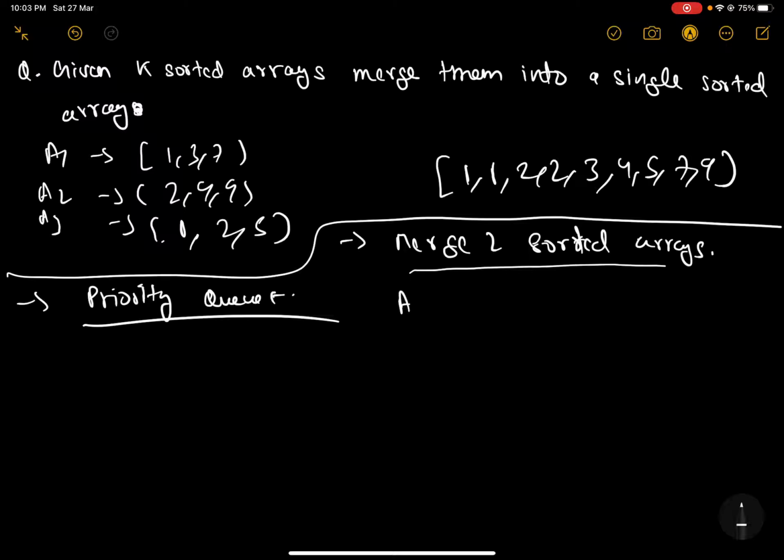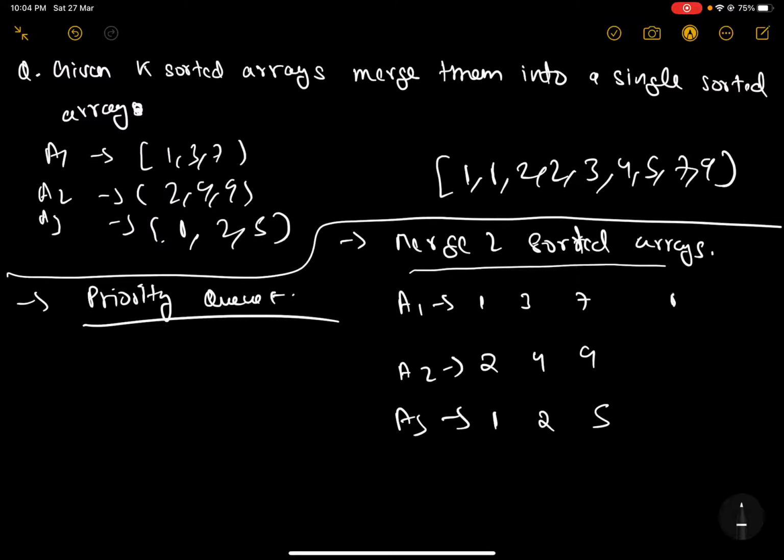So let's just move on with the algorithm. Let's write down the arrays. So a1 is 1 3 7, a2 is 2 4 9, and a3 is 1 2 5. Just like in the standard problem that solves this for two sorted arrays, the only difference is that we are doing this for k sorted arrays. If you remember, we put two pointers at the starting of the two different arrays in the previous problem, but in this problem, since there are k different arrays, I will put k pointers at the starting of each array.